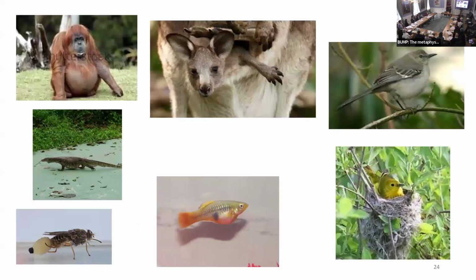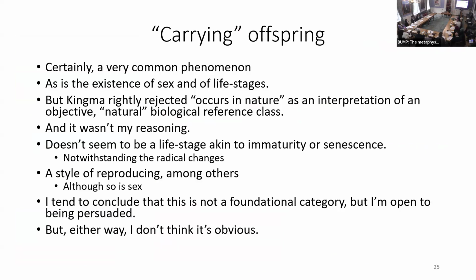So this kind of goes back to Margarita's talk. Most of these will be called pregnancy. I think the interesting kinds of cases would be the joey in the pouch and the bird that's actually still sitting on the eggs. I'm pushing the idea that this notion of a gravid state will be a really broad one, and that pushes it down towards the foundation level. But certainly this kind of carrying of offspring is a very common phenomenon, as is the existence of sex and of life stages. But Kingma rightly